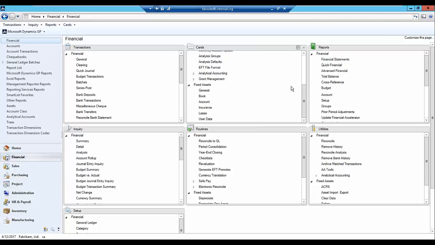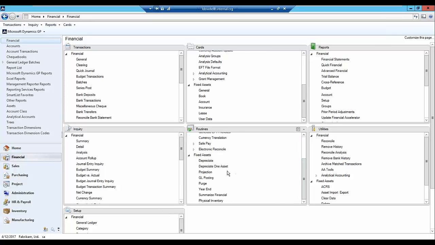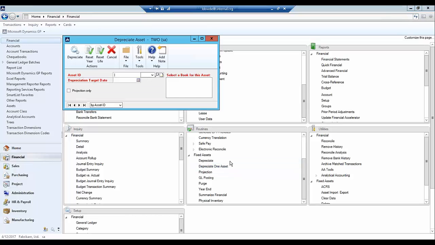So now, when it comes to the end of the month or end of a period where you would like to actually run depreciation, there's a couple of options available. You can depreciate all of your assets using the depreciate routine, or you can depreciate one asset at a time. Entirely your choice. Most people obviously would depreciate all their assets at once to make life simpler. But in this case, I'm going to show you the depreciation and how it works just with this asset ID